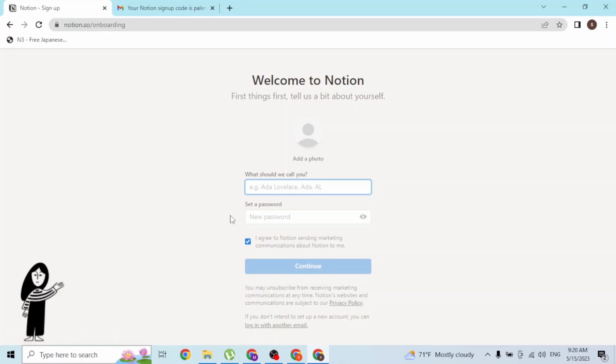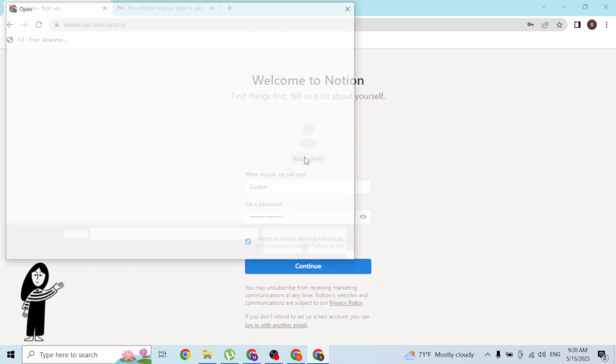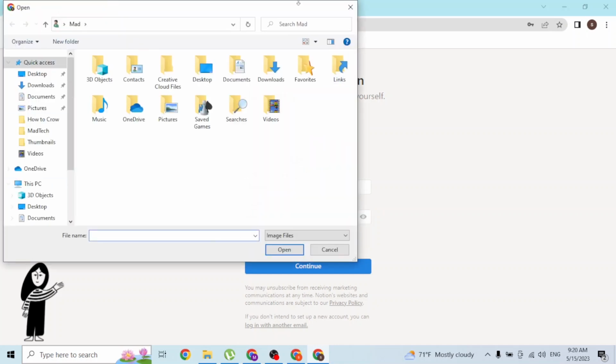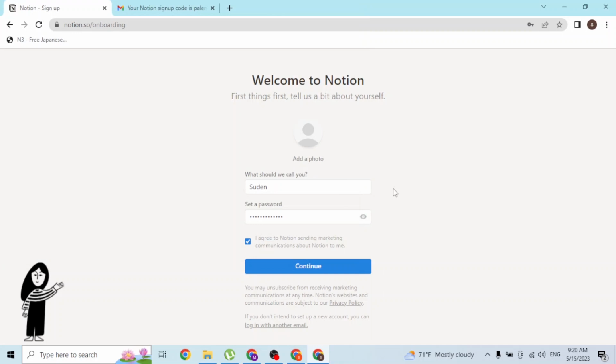new account. And on the next step, we'll be required to customize our account like this. So let's enter our name and our password. And guys, you can also choose to add your own photo. If you want to, click on add photo to go through a procedure to choose your photo from your computer. And with that being said, guys, after entering your name and your password, simply click on continue, and you will